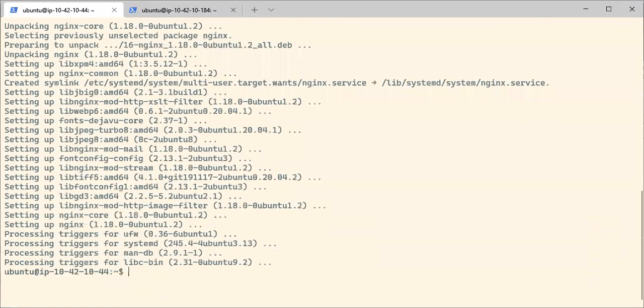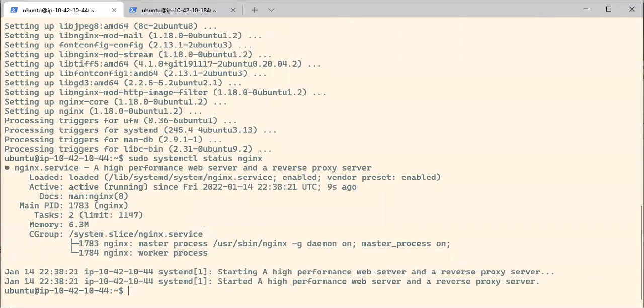Okay, so Nginx is installed now. I can check whether it's running using systemctl. And yes, it's running, it's all good. So now I can have a look at the configuration files for Nginx. In POSIX systems, configuration files usually sit in the /etc folder. And in our case, it's going to be in